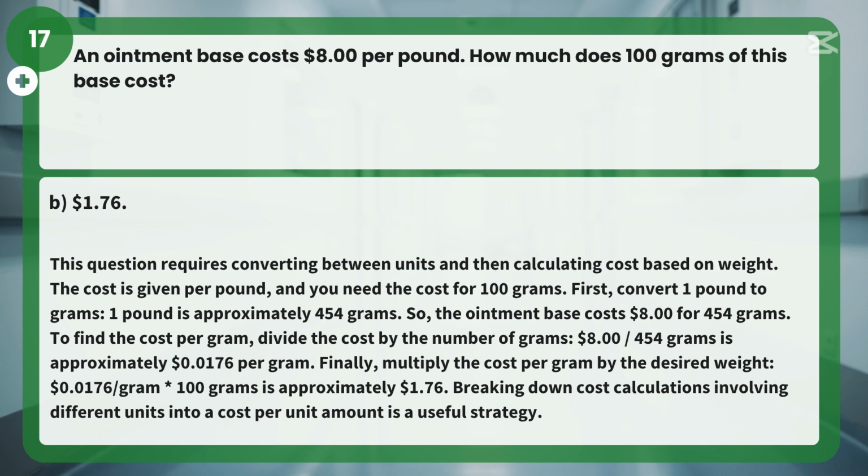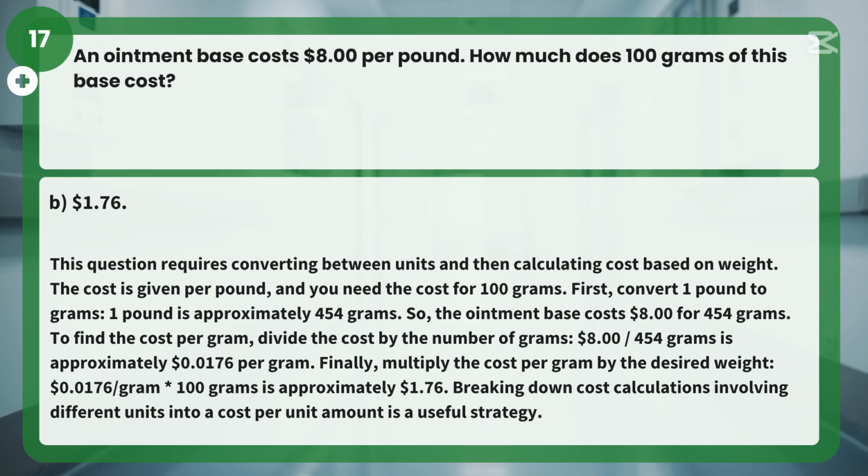Answer B. $1.76. This question requires converting between units and then calculating cost based on weight. The cost is given per pound, and you need the cost for 100 grams. First, convert 1 pound to grams. 1 pound is approximately 454 grams. So, the ointment base costs $8 for 454 grams. To find the cost per gram,